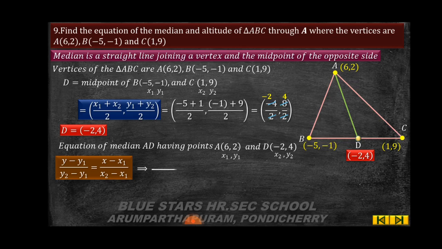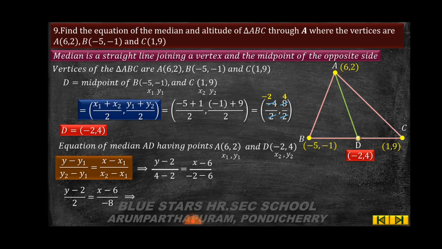So substitute the values in the formula. (y - 2)/(4 - 2) is equal to (x - 6)/(-2 - 6),